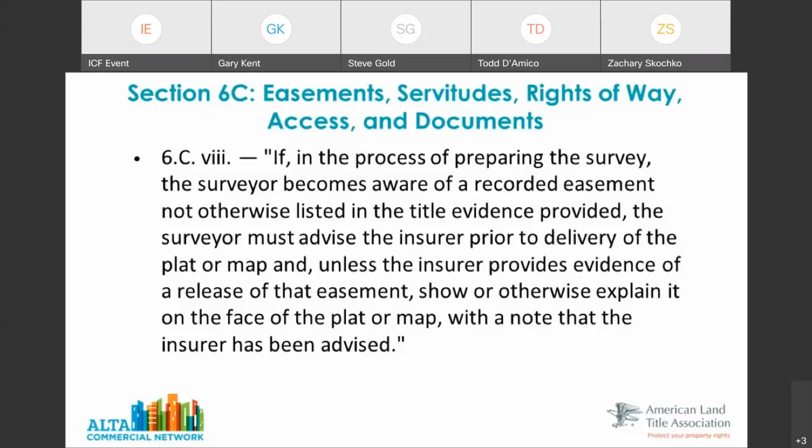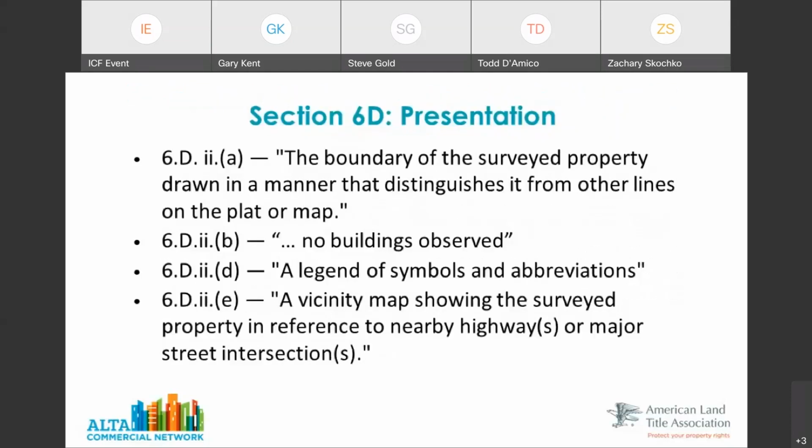That's right. And again, communicating, and maybe it's a case where the search by the title company missed it. In that case, they'll be very thankful that the surveyor identified these things. It gets added as the next number, 46, 47, whatever number it might be. And then the surveyor can update the listing and the survey based on a new commitment that's provided. So there are a couple of different scenarios that can happen from that, but we thought in the committee that it was important that if a surveyor knows of something, to share that. So, yep, Gary, next slide.